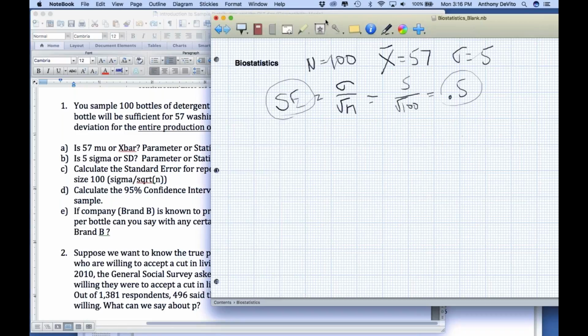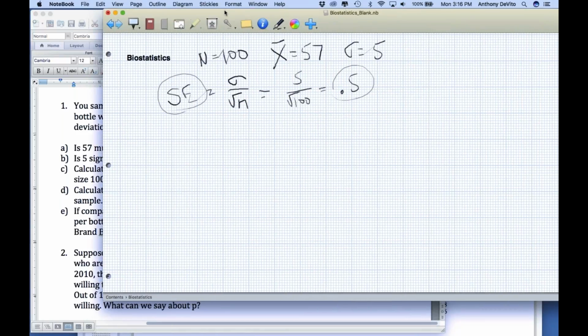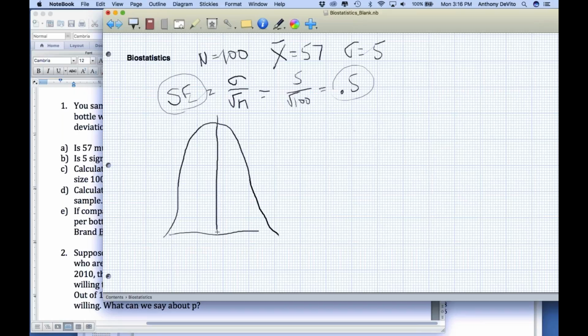Well, let me just draw what this should look like if we knew what the population mean was. If we knew what the population mean was, and I took samples of size 100 over and over and over again, what it would look like is something like this. The mean would be whatever mu is. I'm not even going to put a value down for it. And if I kept taking samples of size 100,